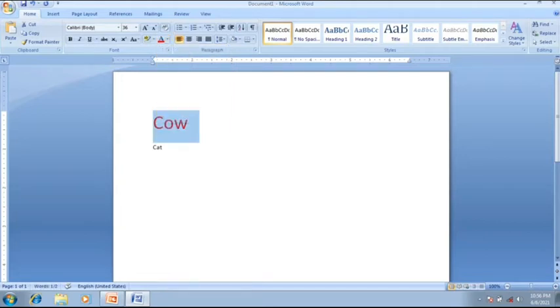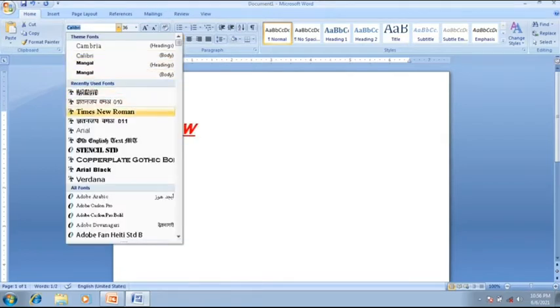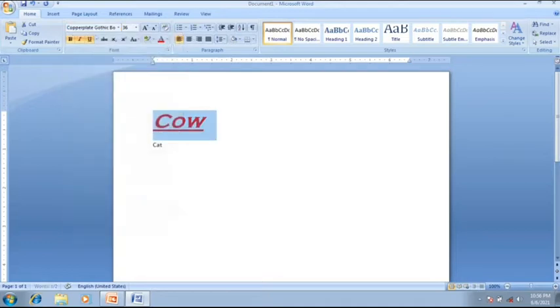And after that, in the font section, you can see several tools, like bold, italic, and underline. So now that's it. I have just applied the formatting over here because I'm changing the size, the color, and the font style. So here is the font section and here is the font style. You can see the several font styles, and I have changed this font